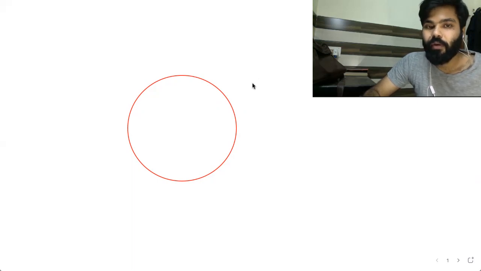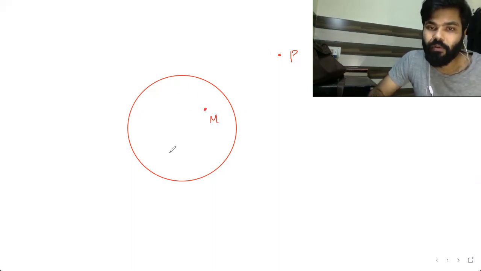sphere. You are asked to find electric field at a point P, which is outside the sphere, and at point M, which is inside the hollow sphere. So I begin with hollow sphere. So this is a hollow sphere